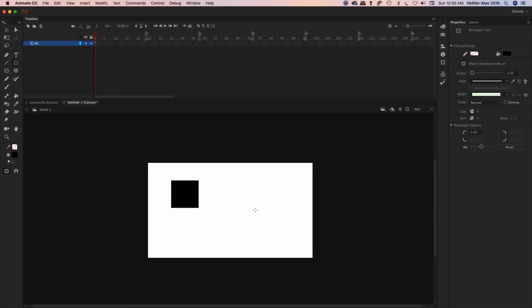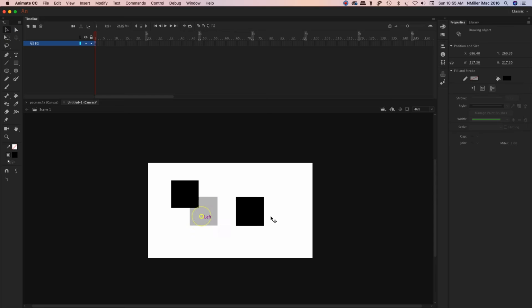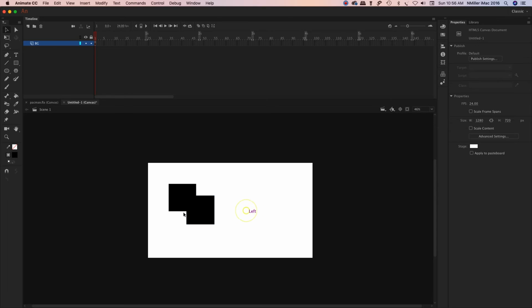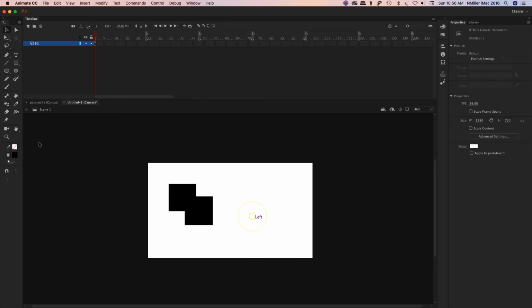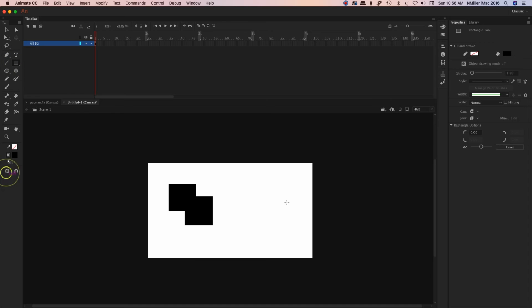And so when I draw my rectangles and go back to my selection tool, now they are separate. So it's really up to you. I think object mode is nice because it's great for keeping your pieces separate and being able to move them independently. There are great things about the merge as well. So if I go back here and I merge,